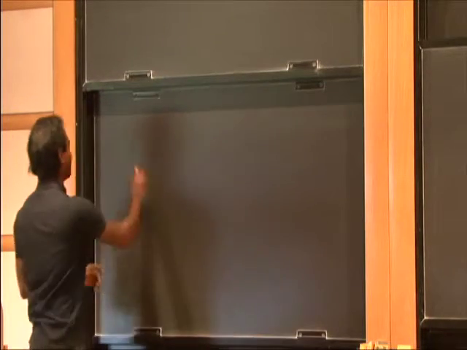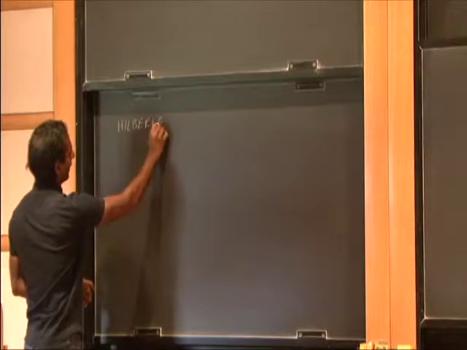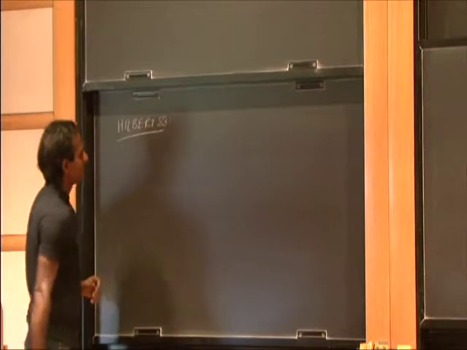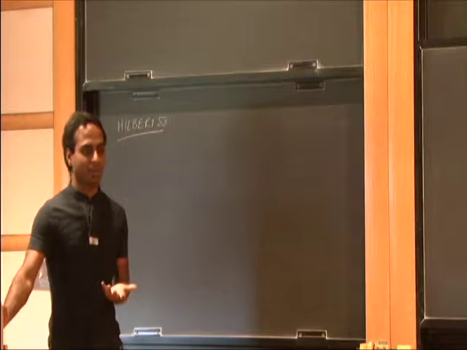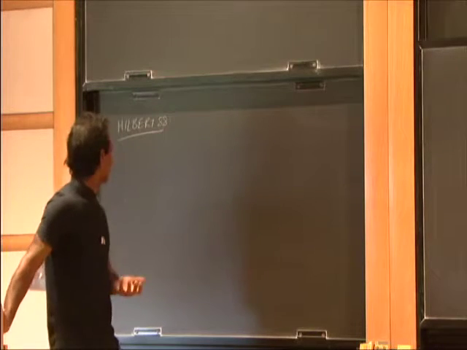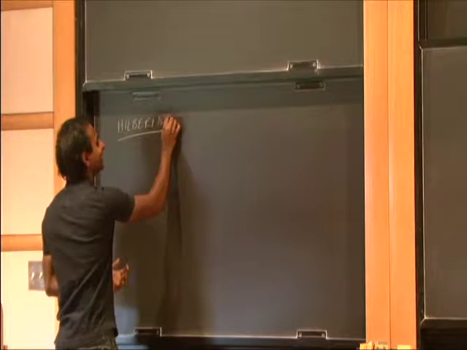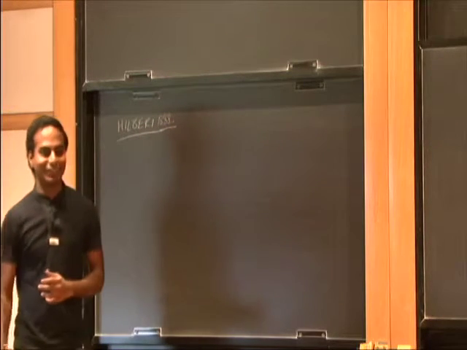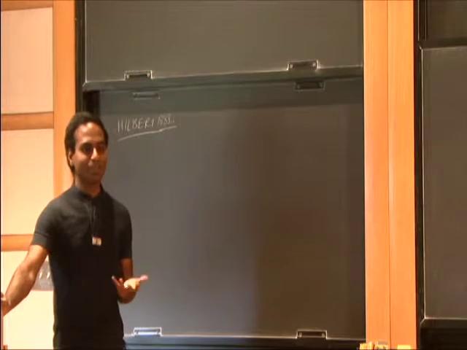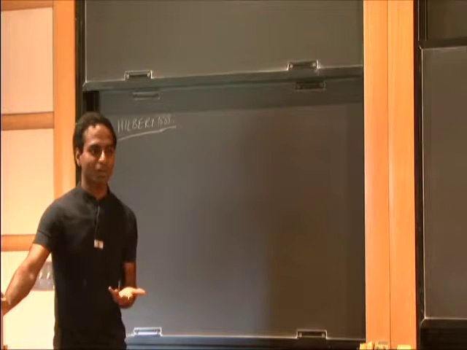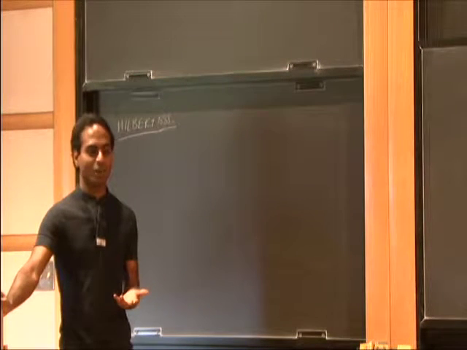It starts with this paper by Hilbert in '88, who showed that the basic question he was asking was, when is a polynomial always non-negative? It should be obvious. Okay. So when is a polynomial non-negative? Well, one simple case is if it is a sum of squares of other polynomials. And the basic question he asked is, is this always necessary?